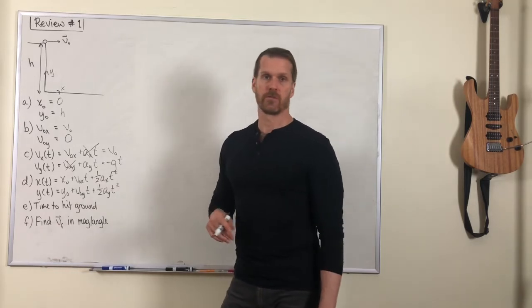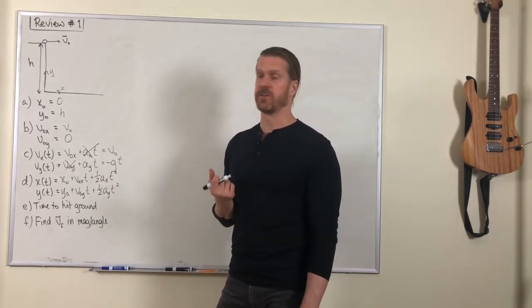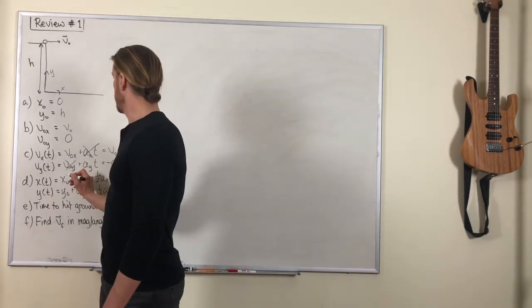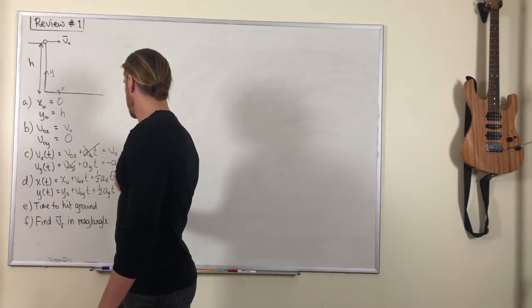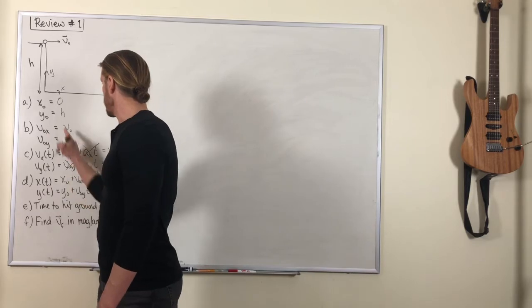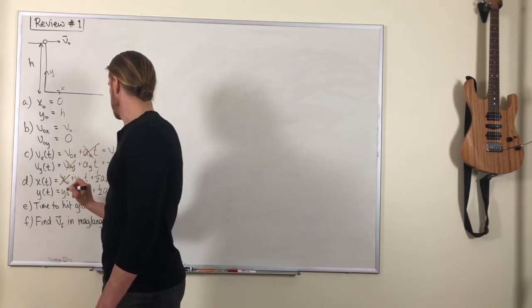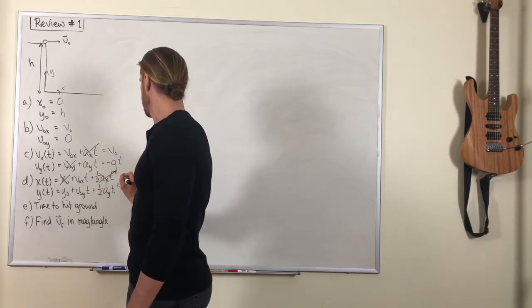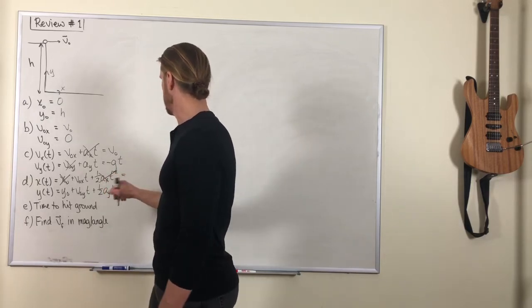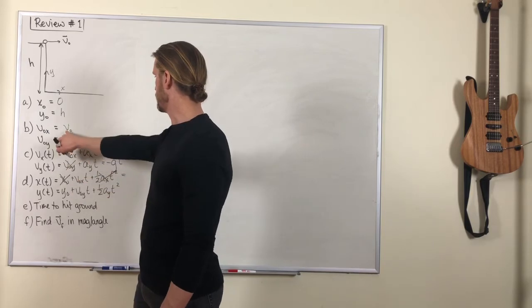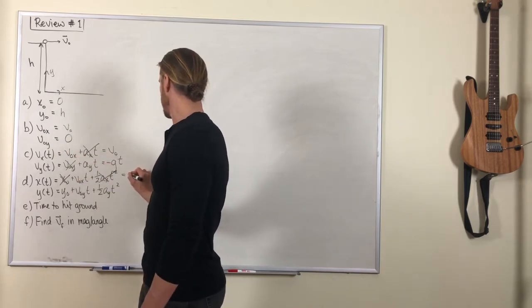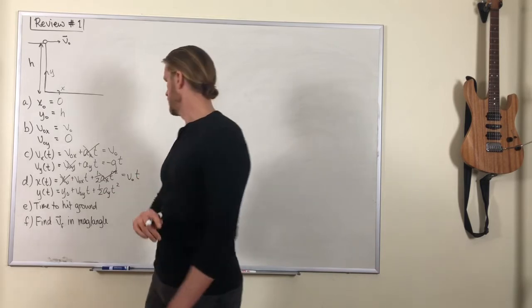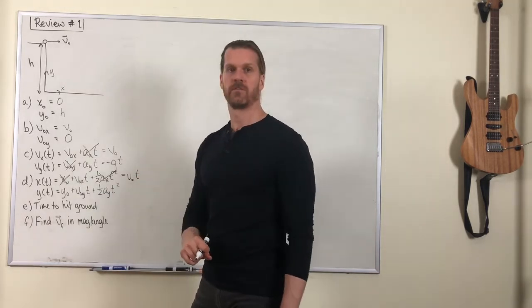And of course, several of these terms are 0 in each of the equations. In the x equation, x0 was equal to 0, and the acceleration was equal to 0. So we just get v0x, which is that number v0 given to you in the problem, times t,